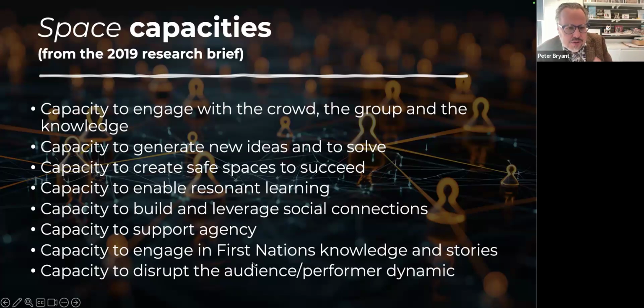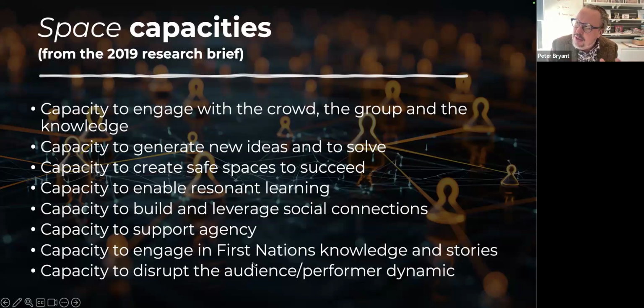How do you use the space to generate new ideas and to solve problems? This is something that's come out of some work I had done in my previous institution, which was around the idea of what we contextualized as a social media makerspace. It's very easy to see makerspaces in architectural design, engineering. They use makerspaces a lot, and it can have 3D printers, collaborative whiteboards and the like.